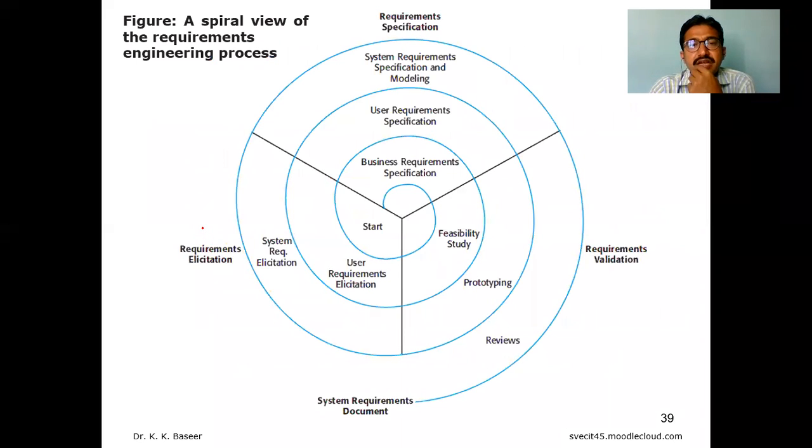If you see the inside part here, it combines the four different phases. The first is requirement elicitation, the second is the requirement specification, and the third is the requirement validation. The output of this REP, the requirement engineering process, is the system requirement document. We are going to give the total documentation, not only a specific part, because the SRS, the software requirement specification, is a part of the SRD, the system requirement documentation. So the entire documentation you are giving.